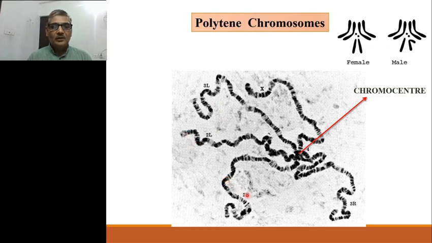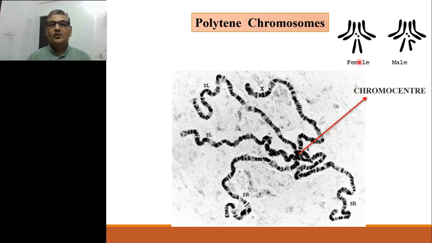This is 2R, that is right arm of second chromosome, and this one is 3R, that is the right arm of third chromosome. So 3L, 3R are left and right arm of third chromosome, 2L, 2R are left and right arm of second chromosome. And the X chromosome being acrocentric or almost acrocentric is represented in the form of a single chromosome arm. Actually, this is the structure of Polytene chromosome of Drosophila melanogaster,